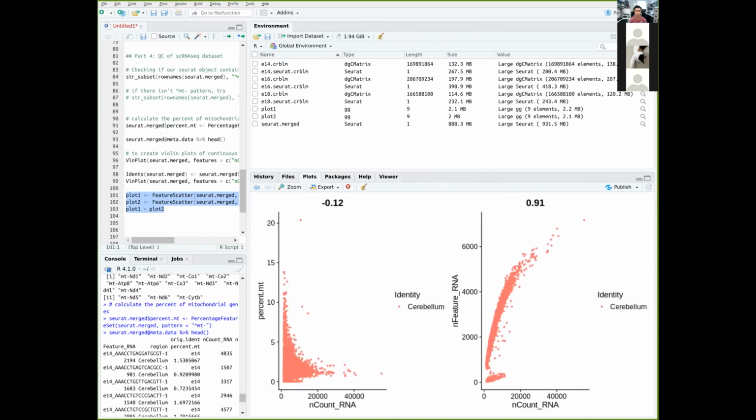Yeah. So this is very important here because it basically tells you this two-way plot of the 2 different variables. It also tells you the correlation coefficient for each of this plot. For the plot on the left, this is %MT versus N-count RNA. You typically want a